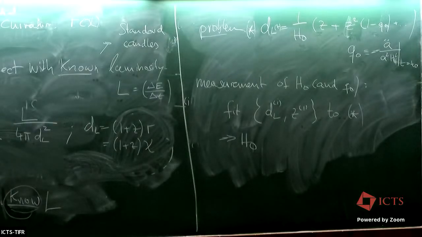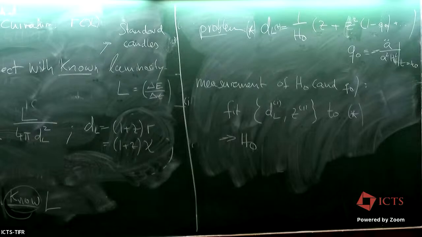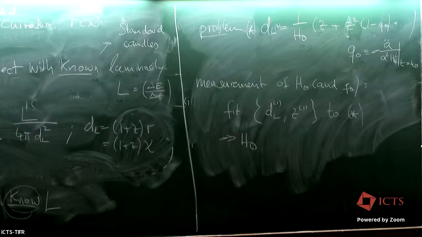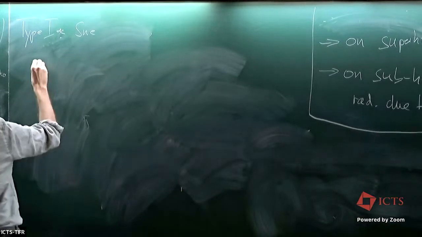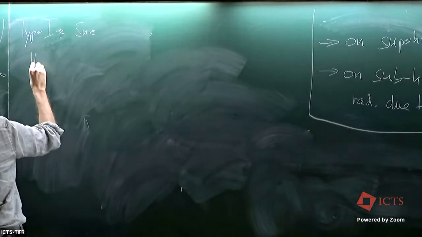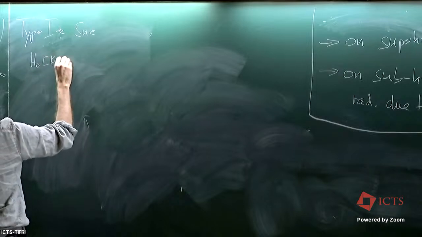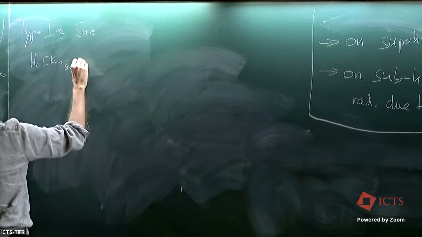So typically what is used are Cepheids, which is a type of very bright star that have a certain period-brightness relation, which allows you to normalize them. Or even brighter type 1a supernovae. And if you use them, what you get is this infamous value of H0 in units of kilometers per second per megaparsec of,